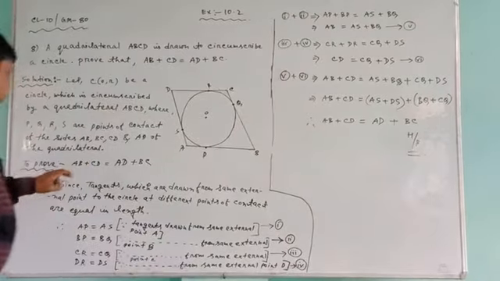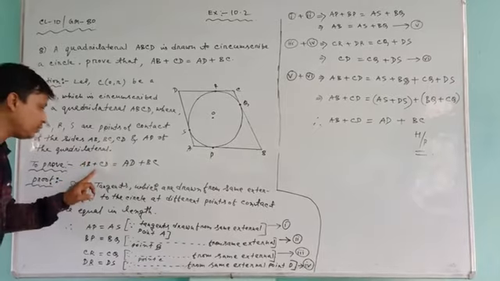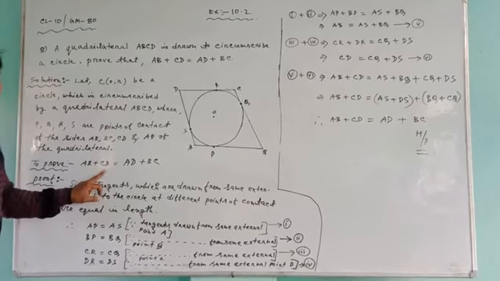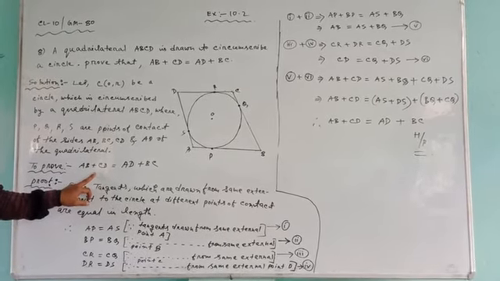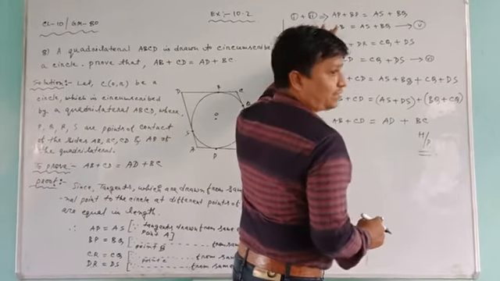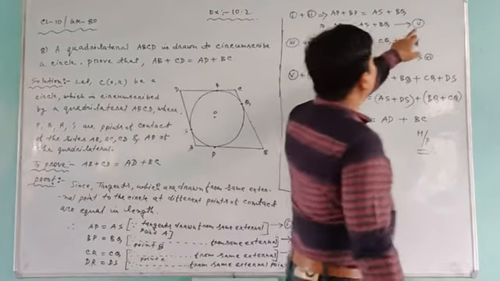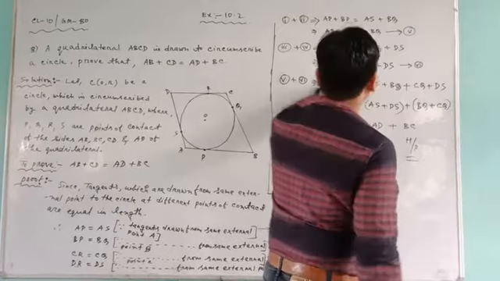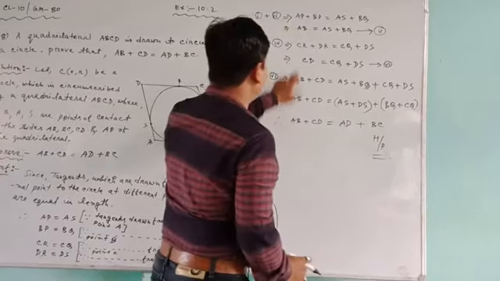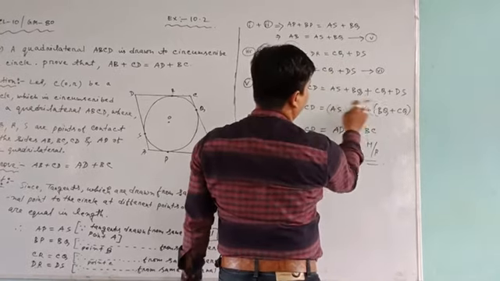Now here you see. To prove, there is written AB plus CD. So from here you are getting hints. What you need to do? That means we have to add AB and CD. From here we are getting hints. Okay. We need to do what? 5 plus 6. Then you get left hand side plus left hand side, right hand side plus right hand side. So AB plus CD equal to right hand side statement plus right hand side statement.